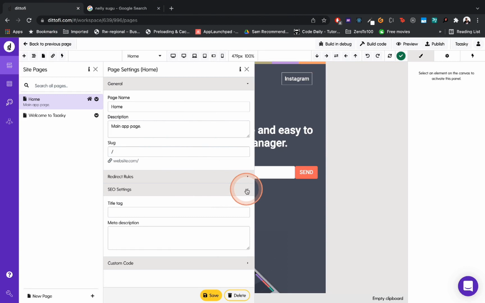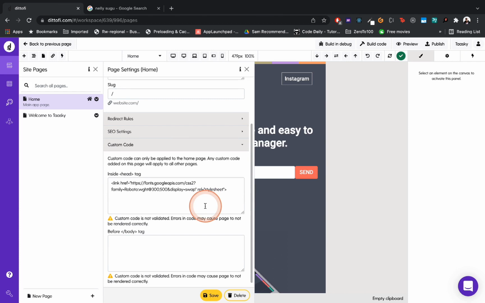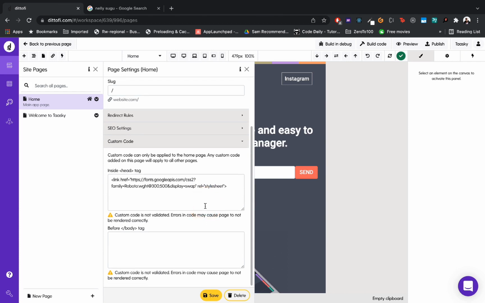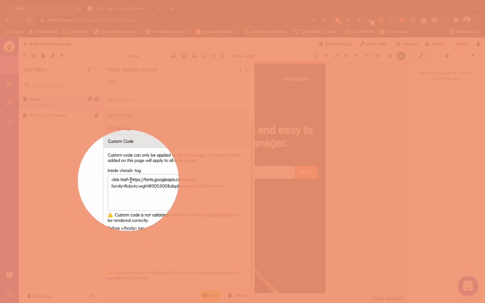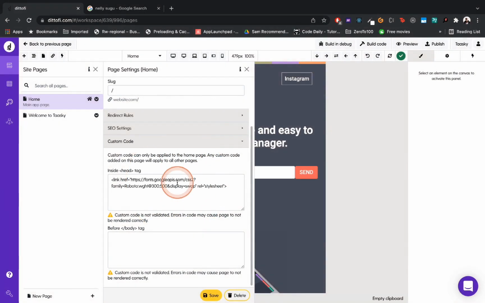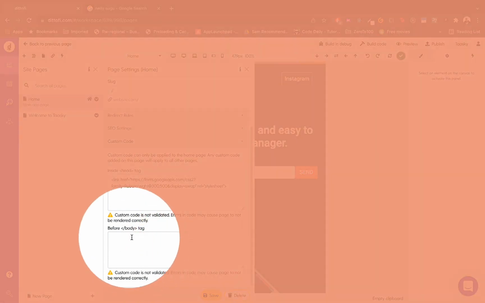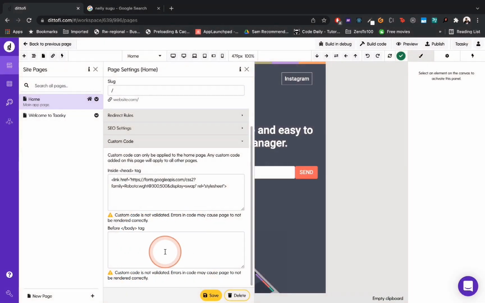And another setting that you can set for your homepage is what we call the custom code. Custom codes are very, very important, especially if you want to import some third-party styles, fonts, and so on and so forth. Or you could set some custom scripts. And for instance, one of the famous ways of using custom code is if you care about analytics. How many people are looking at your sites? What pages are they going to? Where are they leaving their carts empty, and so on and so forth? You could add a custom script for, say, Google Analytics. This is where you would put it. And in subsequent videos, we're going to cover more into how you can use this, and we'll show this in more details.